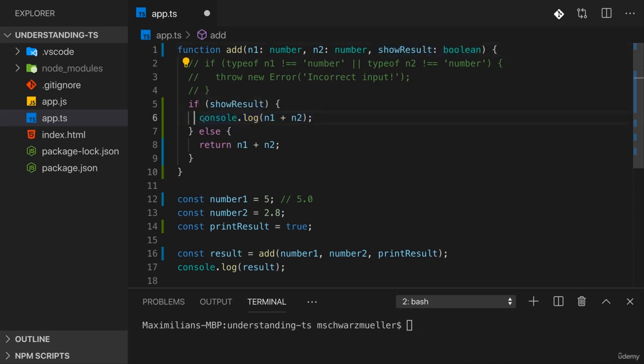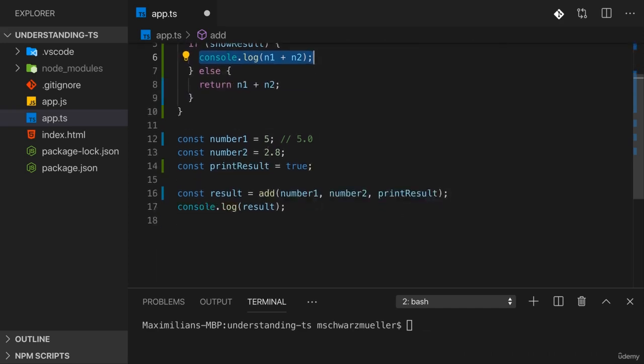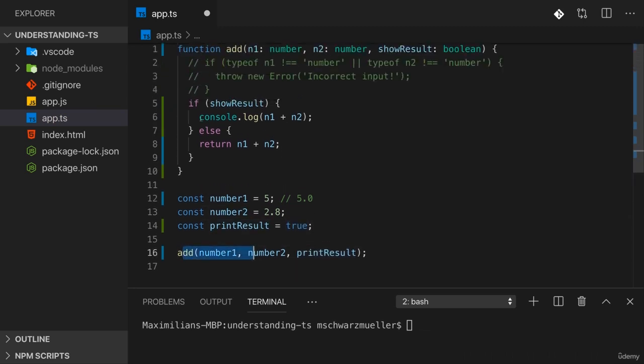But here we're doing it. So this function only sometimes returns, sometimes it also does not return, but instead just logs something to the console. Now here we can actually call add just like this and don't need to store it in result and don't need to console log result, because with print result set to true, add itself, so the function itself will print the result. Hence, if we now save that and we recompile our app.ts file here with the tsc command,